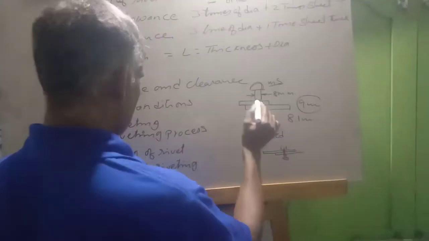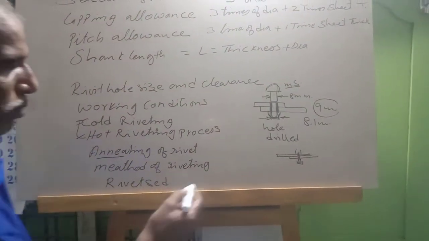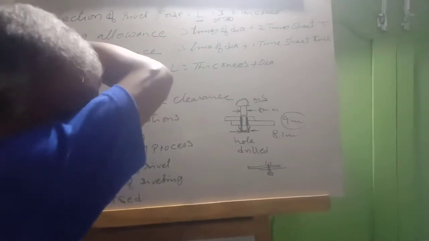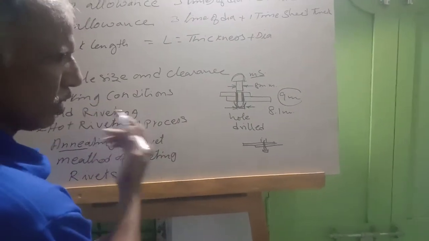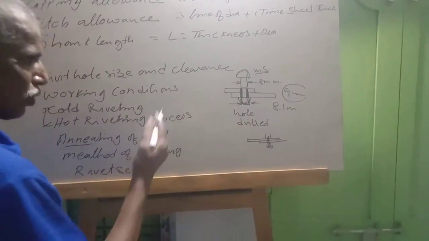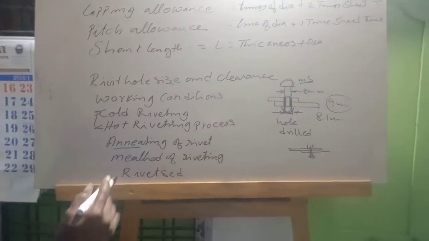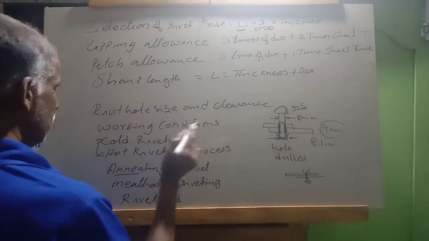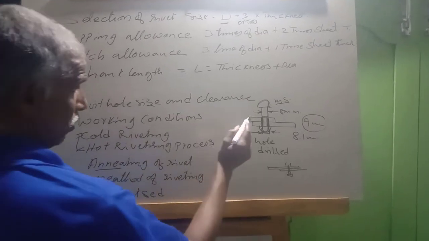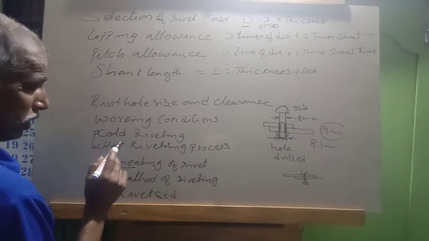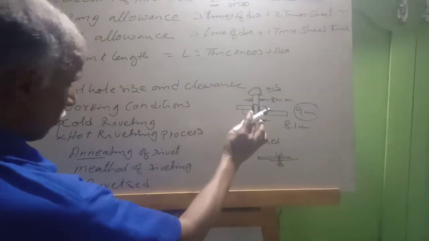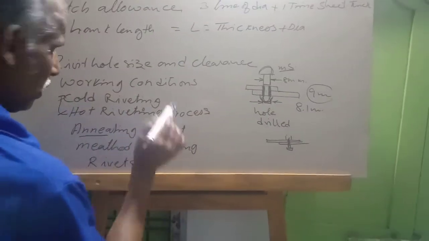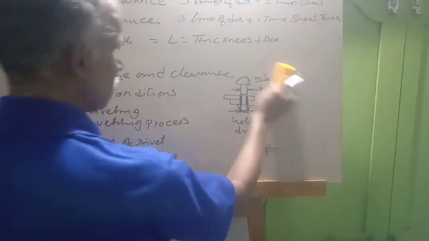Why this? In some cases it has to be done perfectly. For example, a big ship is going in the sea. If a small leak is there, after going a long distance the water will enter into the ship. To avoid that, we select the correct clearance. So that liquids and gases do not leak, the rivet has to enlarge and achieve a perfect condition of riveting. We do the annealing of the rivet. Now, what do we do in annealing of the rivet?